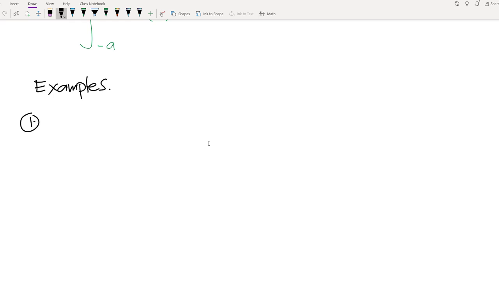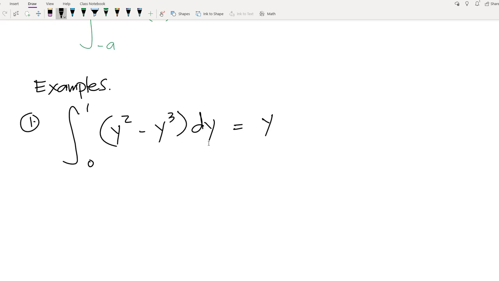For example, number 1, you're asked to find the integral from 0 to 1 of y squared minus y raised to 3 dy. The first step here would be to find the integral. And applying the power formula, this would be equal to y, copy the base. Your exponent would be the exponent plus 1 divided by the exponent plus 1. Don't forget the other part, minus y raised to 3 plus 1 divided by 3 plus 1, using the general power formula of